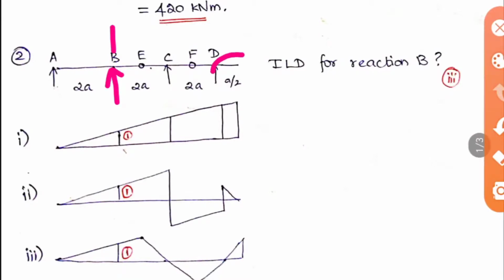Here you have an overhanging support. After D you have an overhanging support. Okay, so in the previous lecture we saw that when there is an overhanging beam, you should neglect that and consider the remaining structure as a simply supported structure, and you just extend that line because it will have the same rotation. Okay, but when you see these three options, only in the third option they are extended like that. You can see here after D it has extended like this.